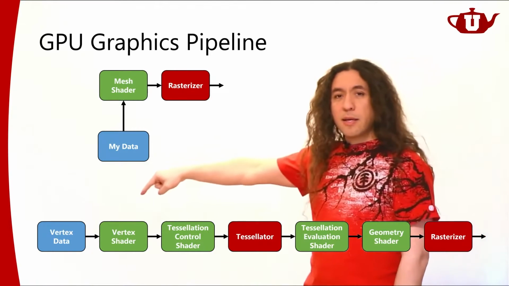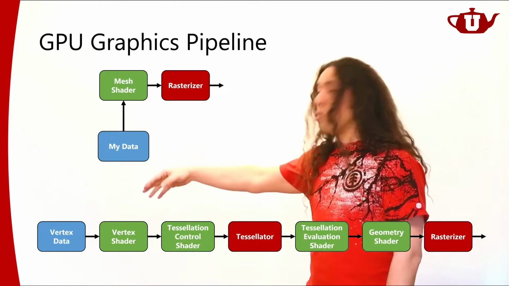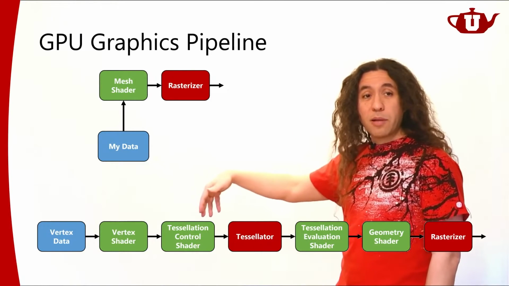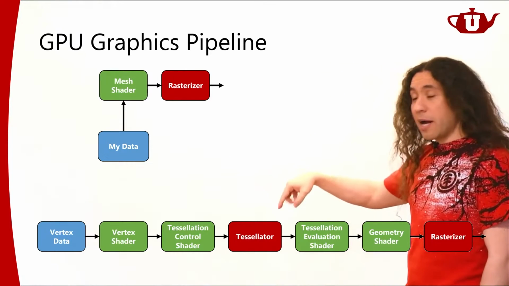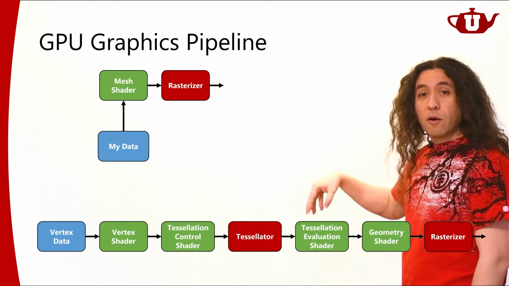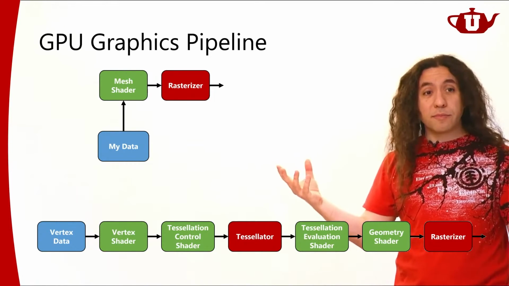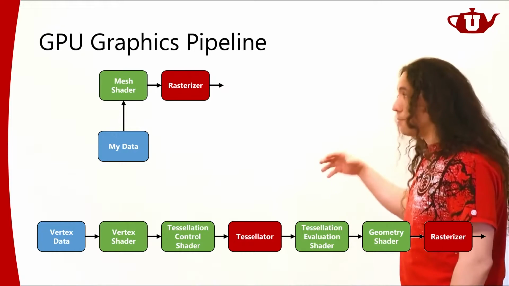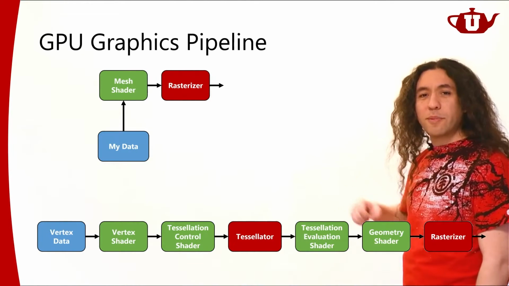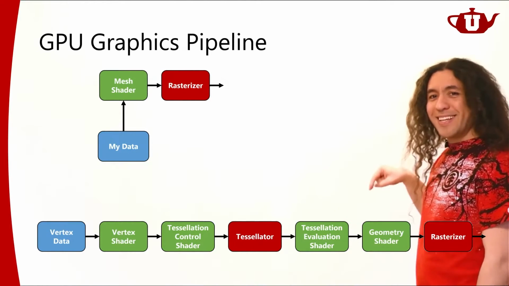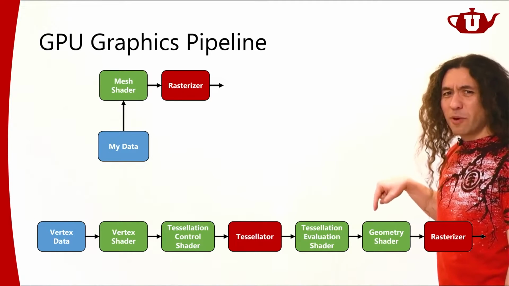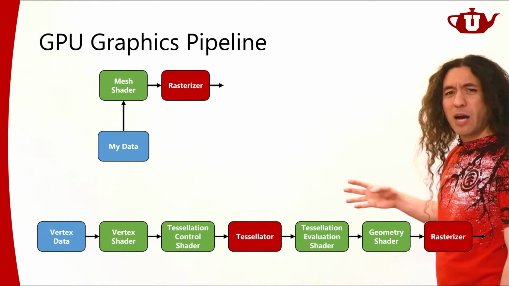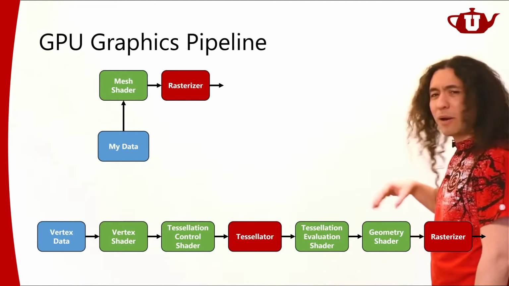I had some parallelism in the order of vertices that I'm sending to my graphics pipeline. And after here, I have a lot more vertices. All of a sudden, I have a different level of parallelism. So I started with some parallelism, and then I have a lot more vertices to operate on in parallel. And the geometry shader sort of messes things up quite a bit. This is a too powerful shader. It just consumes whatever, outputs whatever. It sort of messes up this whole parallelism quite a bit.